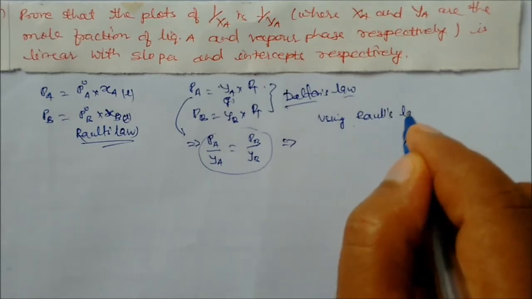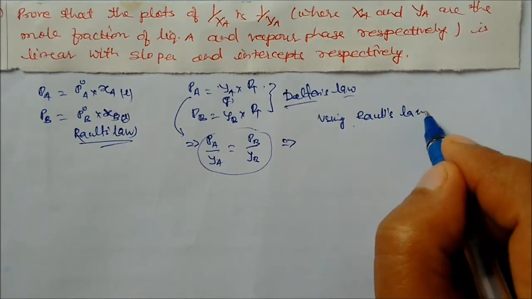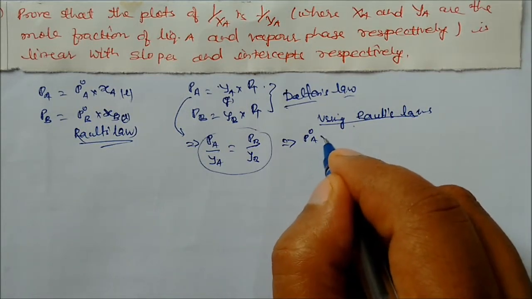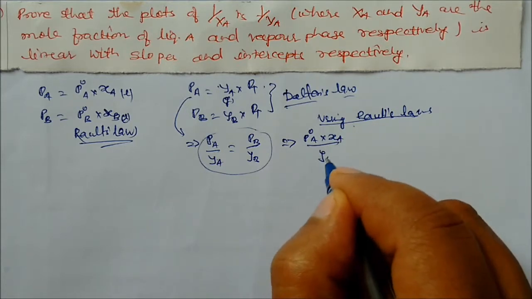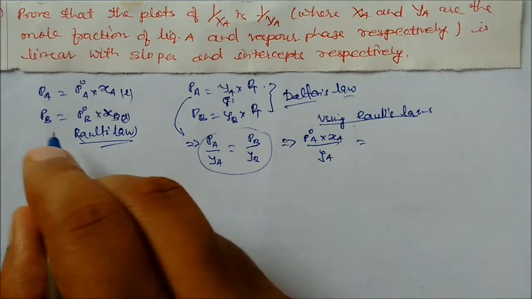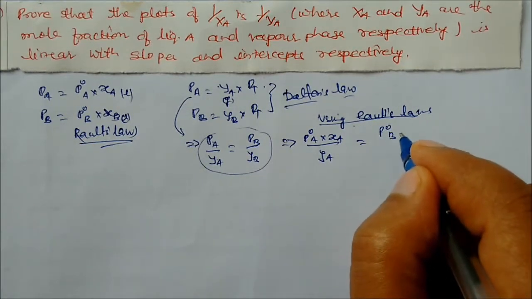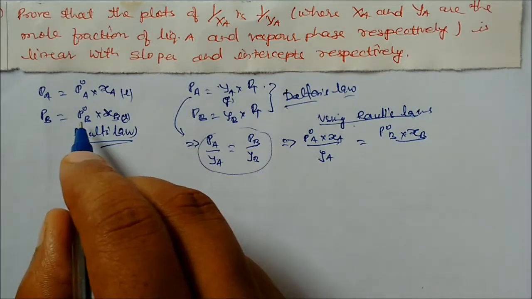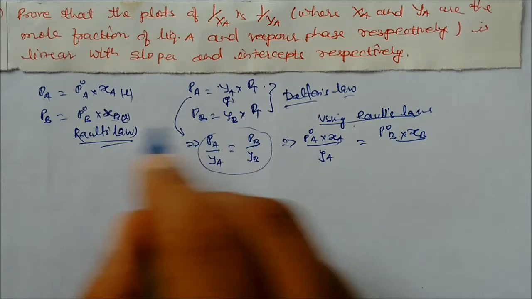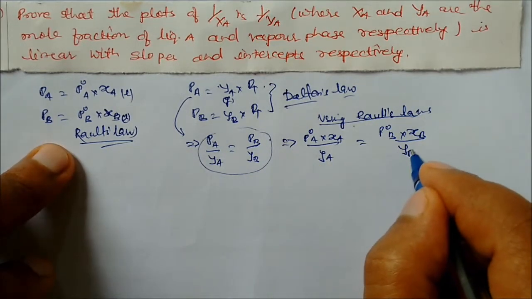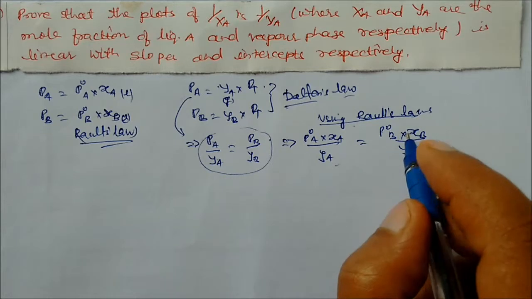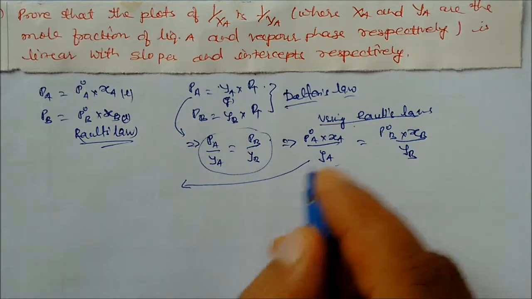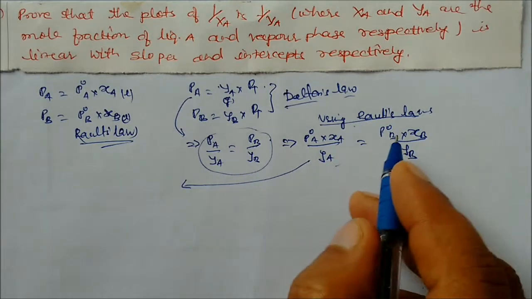So PA is this side. So P naught A into mole fraction of A divided by YA, and this will be equal to P naught B on this side, Raoult's law. So P naught B into XB is equal to PB, and this is your YB. So these two equations are given here. Now we can use this one. So we can change this one XB into XA terms. So this we can write here, P naught B into